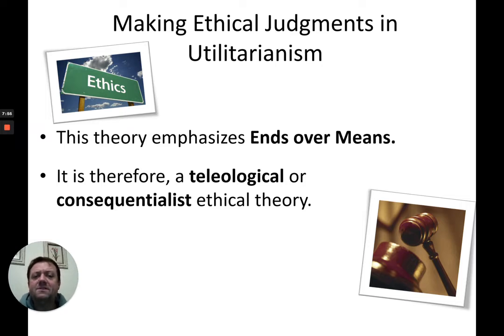It is a theory that emphasises ends over means. In other words, it emphasises the importance of the result of what you do, not the means by which you get to that result. Okay? So you could, for example, justify doing some wrong things, provided that you knew that the outcome would, in the end, create more happiness and minimize pain. All right. So it is, for that reason, known as a teleological or consequentialist theory. Teleological, essentially being a purposeful theory. All right. So the purpose is to increase happiness and minimize pain.